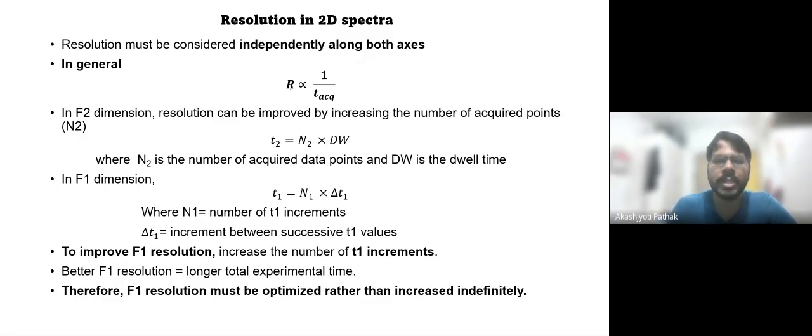So your resolution is inversely proportional to the acquisition time. The higher the acquisition time, the distance between the two points in the FID will decrease. That means if the distance between these two points in the FID decreases, the resolution is improving. So in general, what is done is that you have to increase the acquisition